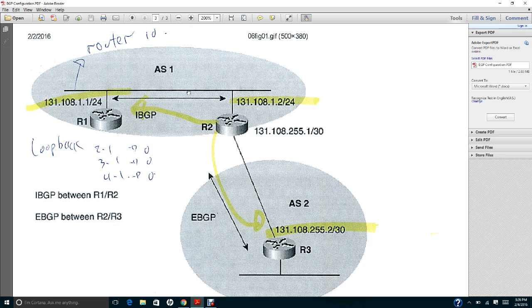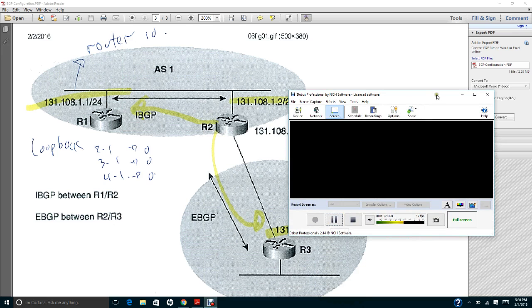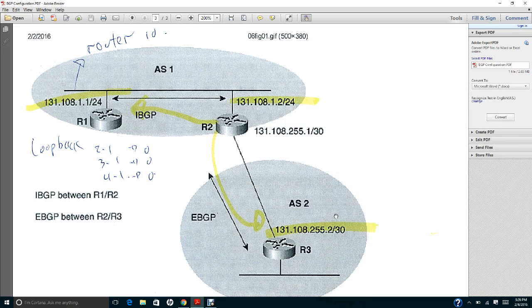Okay, here R1 and R2 are autonomous system 1, and then here in R3 the area is called autonomous system 2. So the question is, how are we gonna configure this?